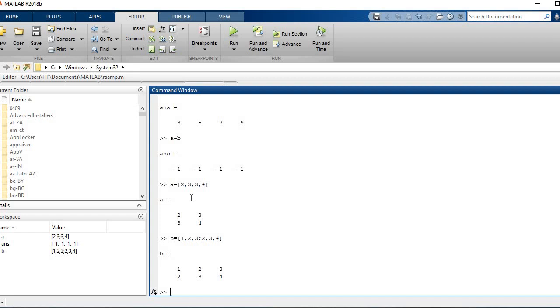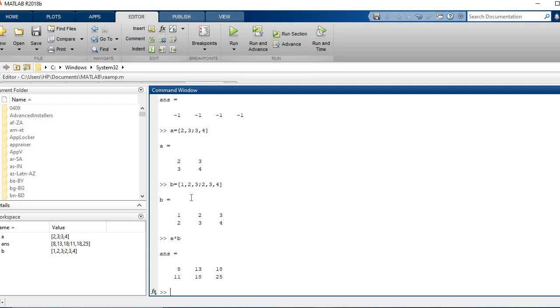Now, will this matrix multiplication take place? Let's see. A star B. There is a result, that is the matrix multiplication is possible. Why is it possible?